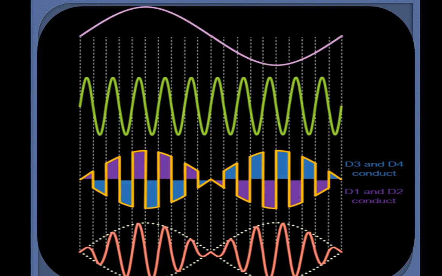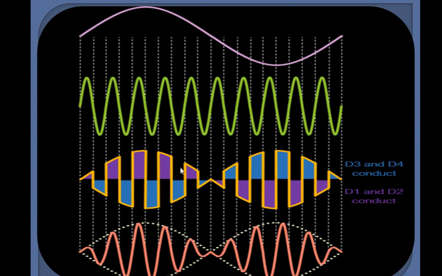Now see, this is the output waveform, how we will be getting it. This is the message signal, the low frequency message signal, and this is the carrier signal we have given. In the first positive half cycle, which ones are conducting? D1 and D2. Right. D1 and D2 are conducting, which means D3 and D4 are in off position. So we are saying D1 and D2 are conducting and the message signal is multiplied with +1, which means you are having the positive cycles. It means in the negative cycles your message signal will be multiplied with -1.